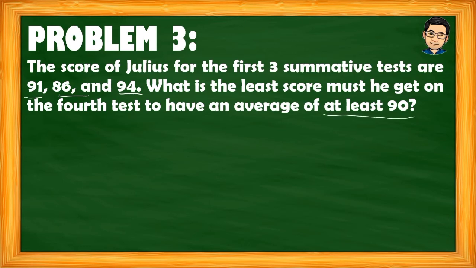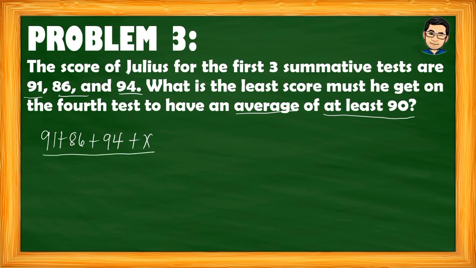So, ibig sabihin ng word na at least. So, greater than or equal to 90. So, maaring equal sa 90 o kaya naman tumaas pa. So, paano natin gagawin yung kanyang solusyon? So, ganito lang po. 91 plus 86 plus 94 plus x. So, yung x po, ito po yung dapat na score ni Julius dun sa pang-apat niyang exam. And then, since average ang tinatanong niya, kailangan po nating i-divide yung mga score niya sa kung ilan yung test